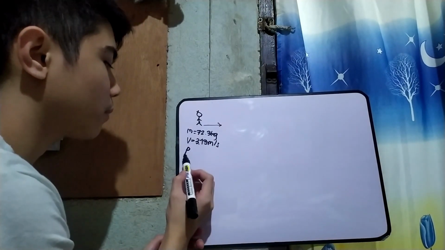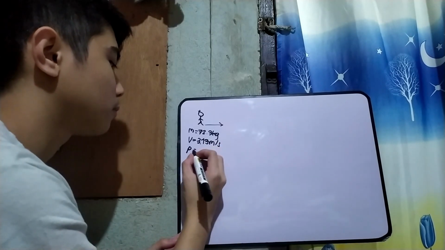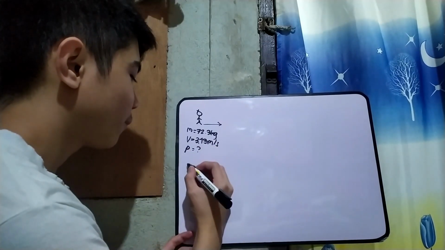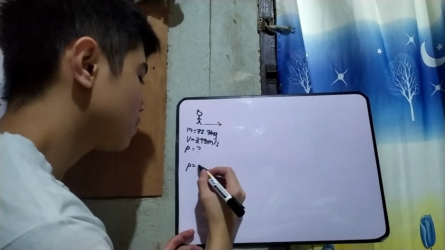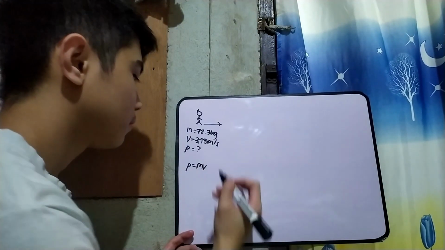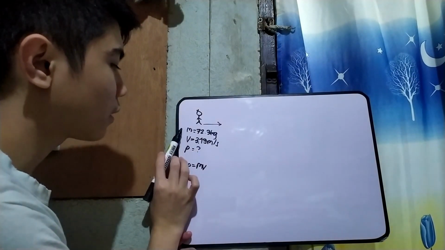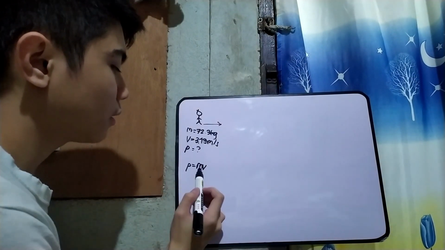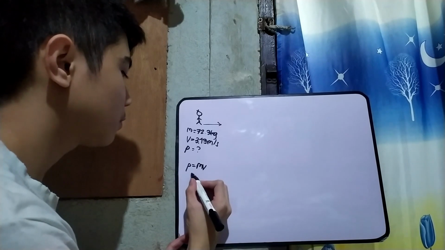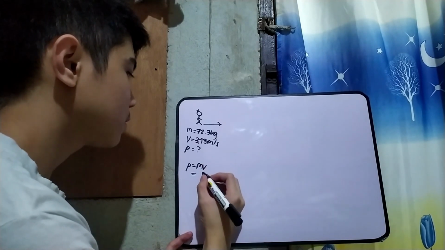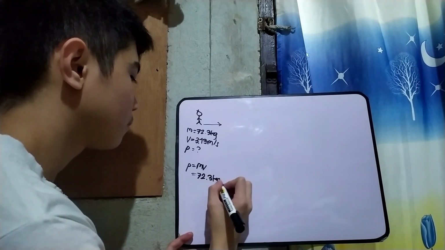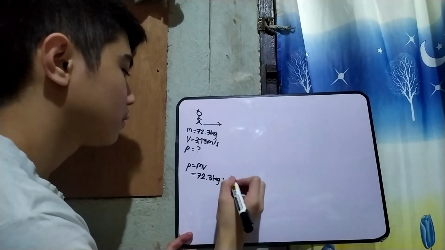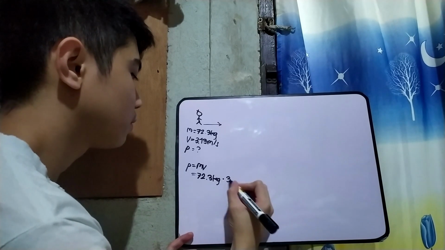So ito yung ginagamit nating symbol para sa momentum. Okay. So we have formula for momentum na p is equals to mv. So since given na yung mga kailangan nating ilagay sa formula, input lang yung mass niya 72.3 kg multiply to velocity na 3.13